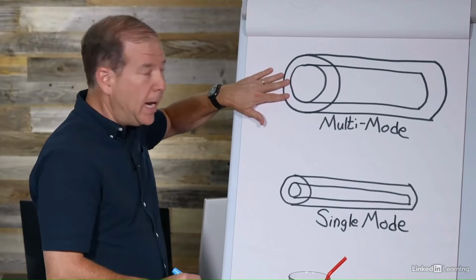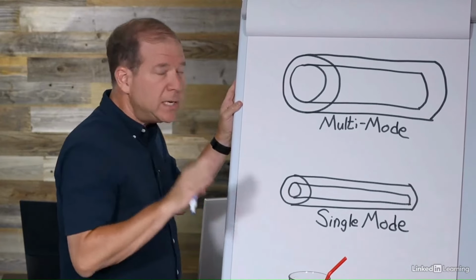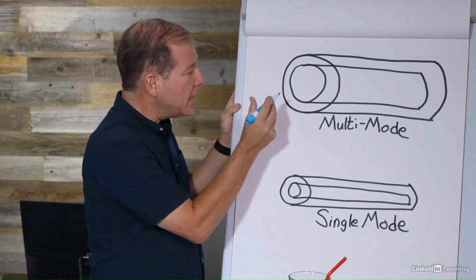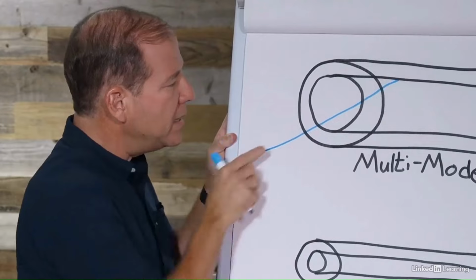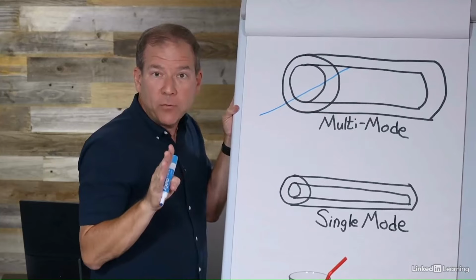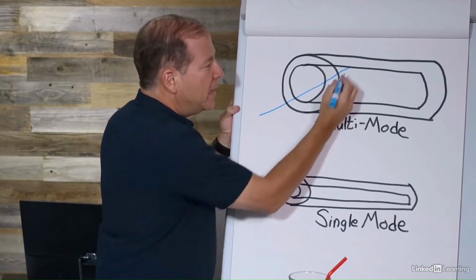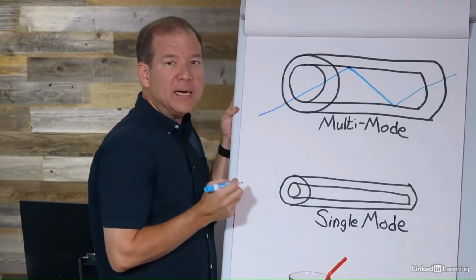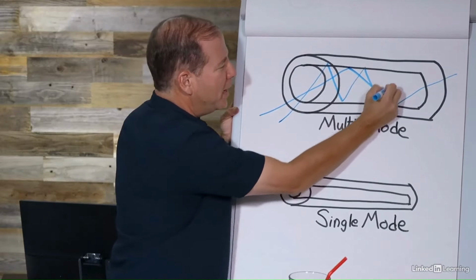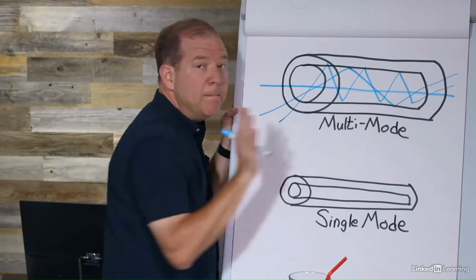Here we have multi-mode fiber, and notice that its diameter, its core, is a lot larger than single-mode fiber. We said that a mode was a path that laser light traveled. With multi-mode, the diameter is so large that light from the laser can come in at different angles. So let's say that one mode went in at this angle. When it hit the edge of the core and the cladding, the index of refraction was so great that it didn't just bend the light like the straw in the water, it actually bent back on itself. It went back and forth, and it came out like that. Maybe we have a mode that goes in at an even steeper angle. It goes bounce, bounce, bounce, and finally it gets out. Well, yet another mode, maybe it goes sort of straight down the middle. Now imagine that the